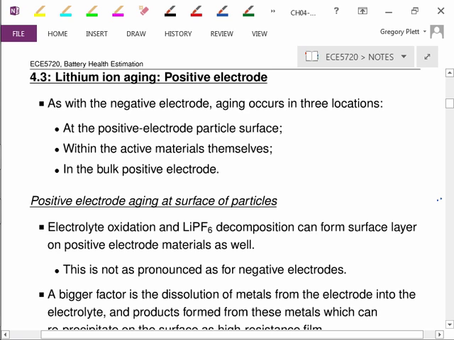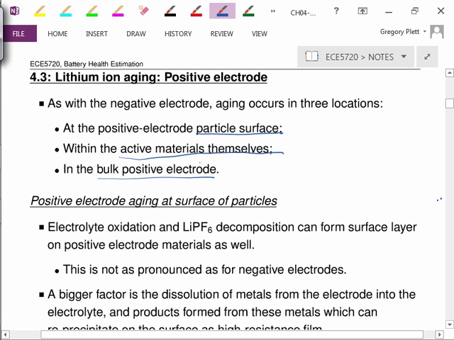So just as we did with looking at the negative electrode, we now look at aging mechanisms in the positive electrode to get an idea of what might happen there, why a positive electrode might degrade. And again, we can think of this in three different ways: aging at the particle surface, aging within the active materials themselves, and aging in the overall positive electrode